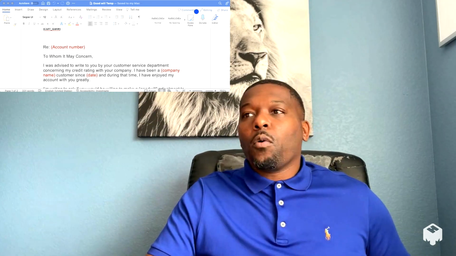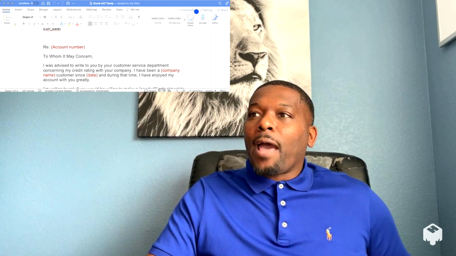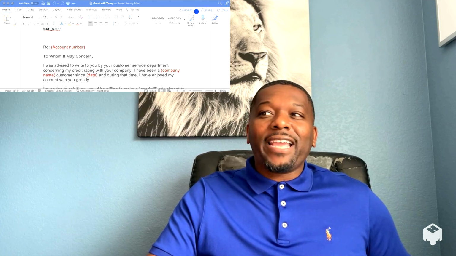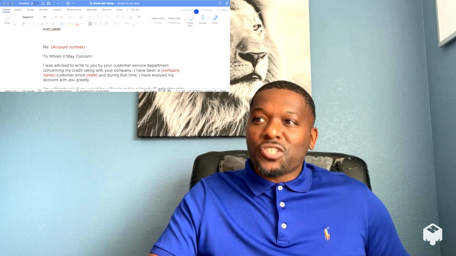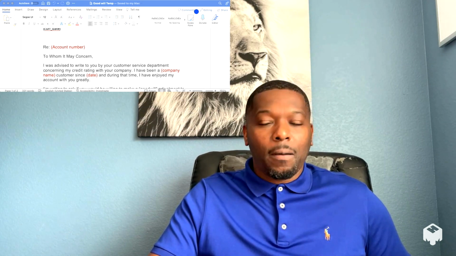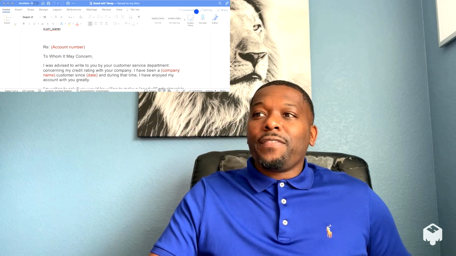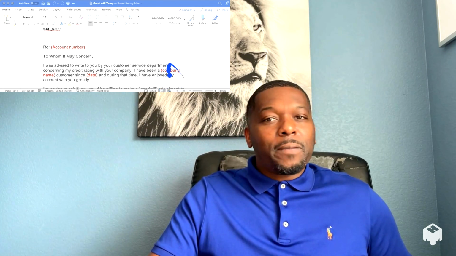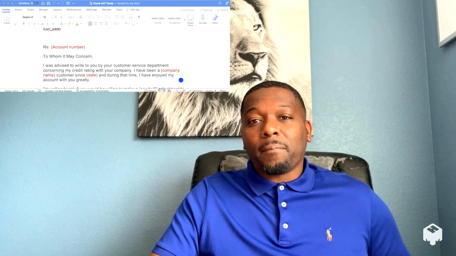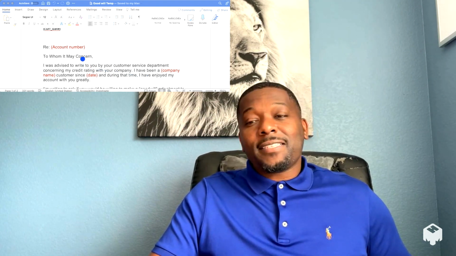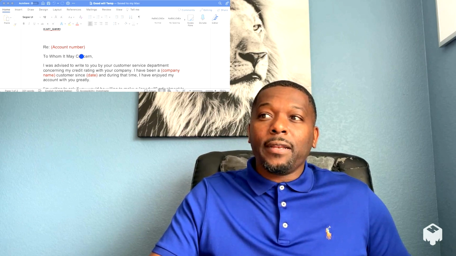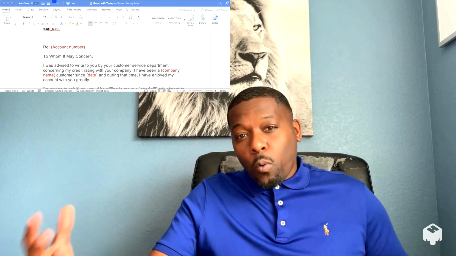So the letter will go just like this. "I was advised to write you by your customer service department concerning my credit rating with your company. I have been with," and then you want to put in red. Typically that's where I have stuff that you have to place in. The company name, in this case, "I've been with Capital One customer since," and when was the date that you